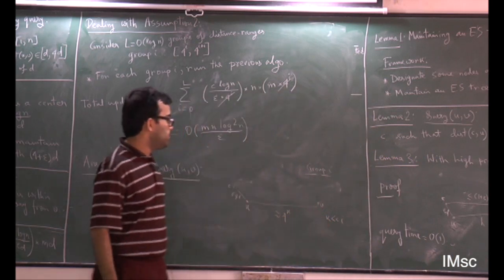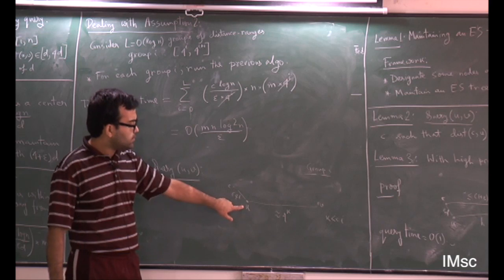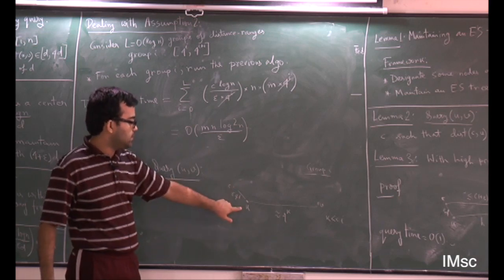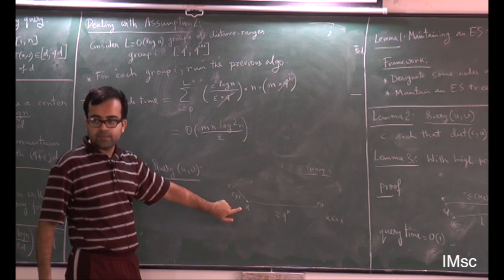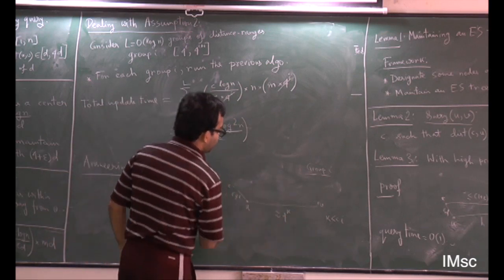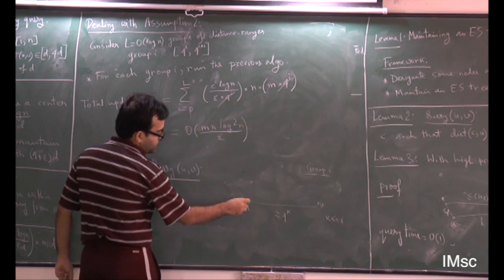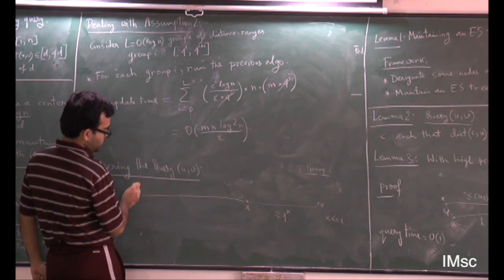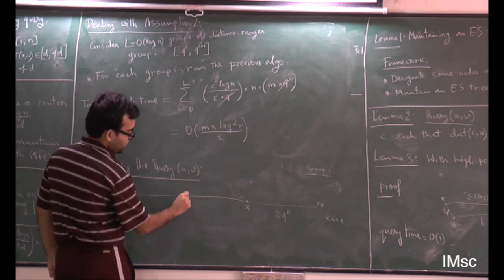When we are probing group I, what can we observe? It is very much possible that C is epsilon 4 to the power I distance away from u. It does not prevent it from happening. But now the point is, since k is much smaller than I, this distance from u to C itself is much larger than the distance from u to V. So, this is say epsilon times 4 to the power I,